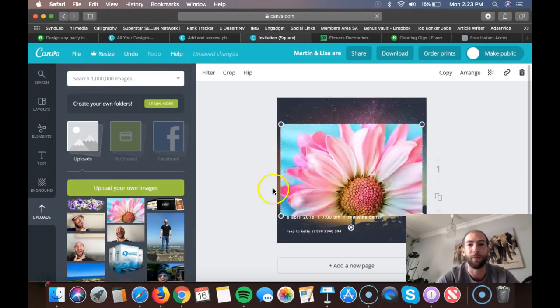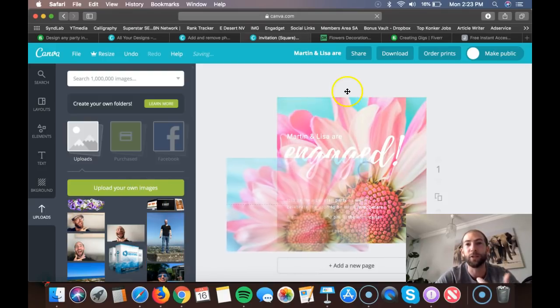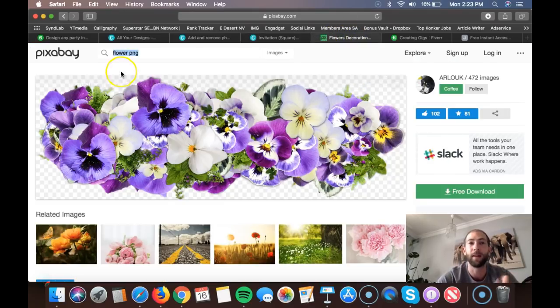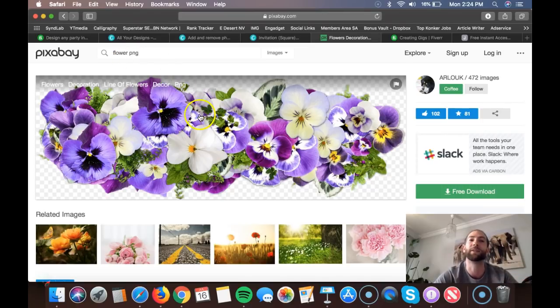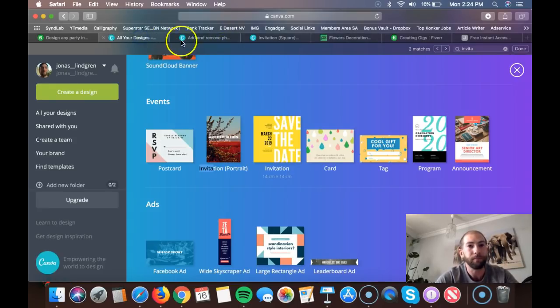So this is something I just found on Pixabay. Again, let's just drag it here. So just use any picture you can. You can go to pixabay.com, and they'll have a ton of free images that you can use. And as you can see here, I've already looked this up because I wanted to make this as fast as possible. I typed in flower PNG, which means that this has no background, it's just the flowers. So if you want to make this one look a little bit nicer,